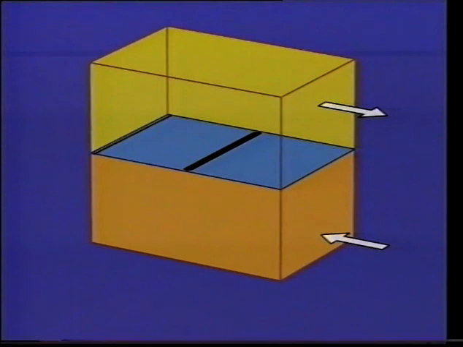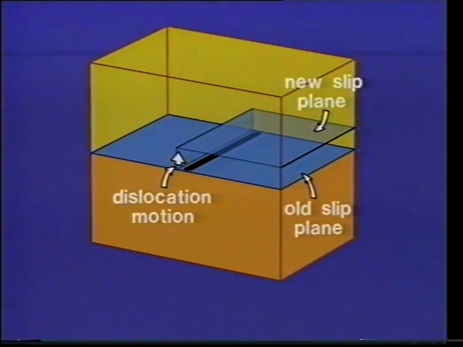Glide isn't the only way in which dislocations can move. At high temperatures, dislocations can climb. As you will have read, climb is caused by the diffusion of vacancies, and this is only a significant effect at high temperatures. When an edge dislocation climbs, it moves at 90 degrees to its slip plane. This provides another means by which dislocations can overcome obstacles. The dislocation can be imagined to glide up to an obstacle, then climb above it, then carry on gliding on